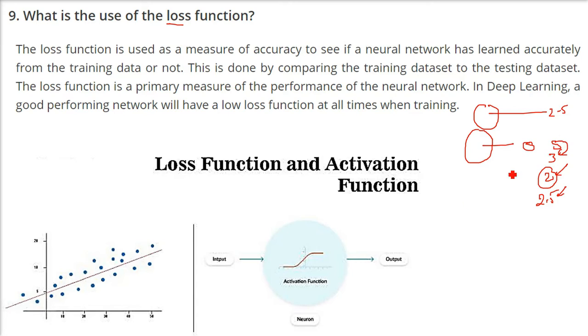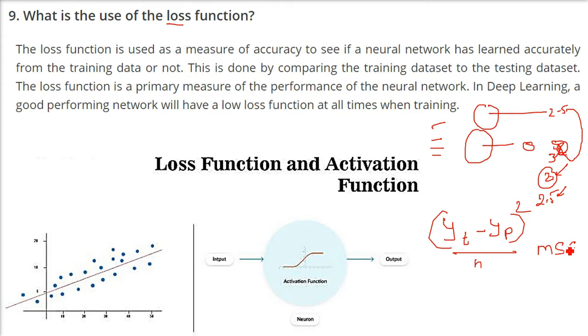How to combine them? We just take the true value and the predicted value, we subtract them and we square them because we don't want the negative values. And after that you can take the square root also. That is mean squared error or root mean squared error. And you have to divide it by n also because there are a number of samples, number of data which you have inputted. So this shows what the error in your prediction of the neural network is.